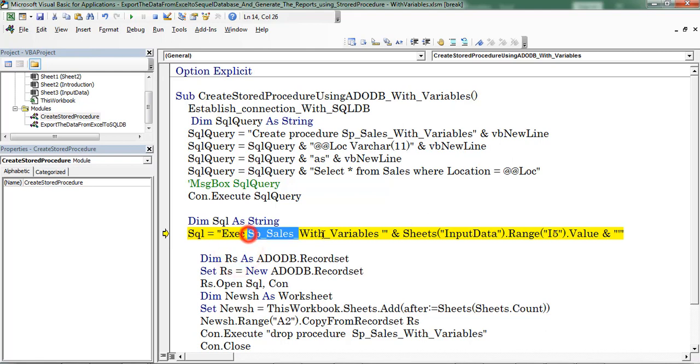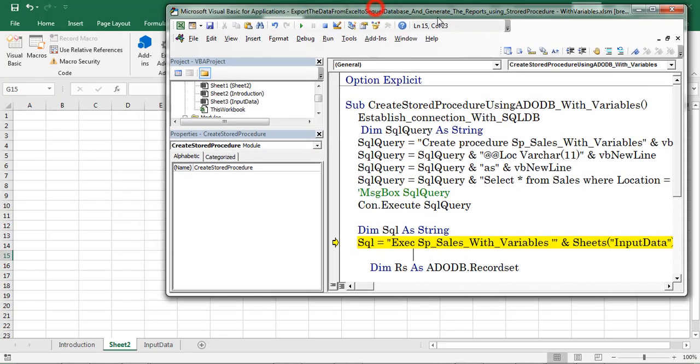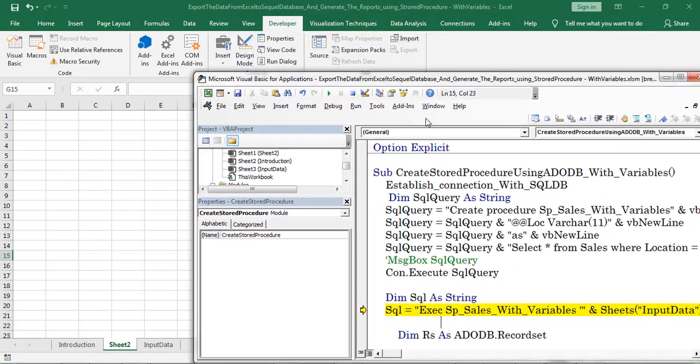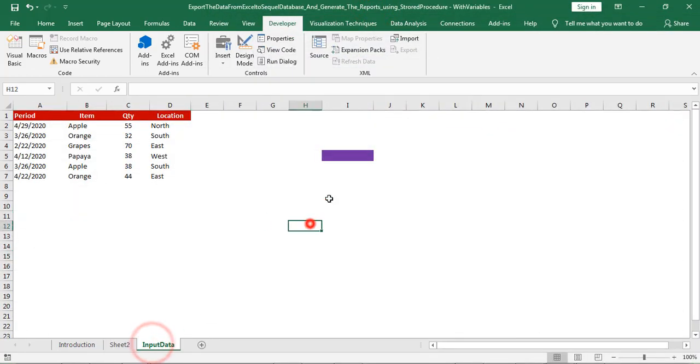Execute, stored procedure name. For the variable I am considering the range I5 value of the input data worksheet. This is the range I5.